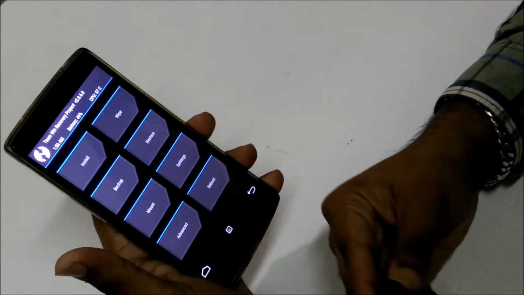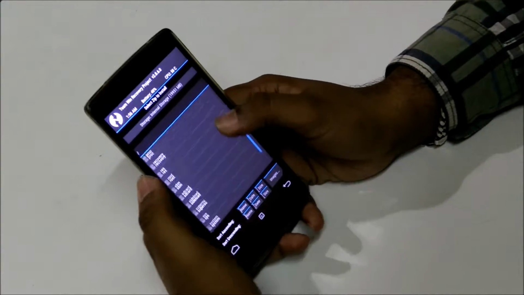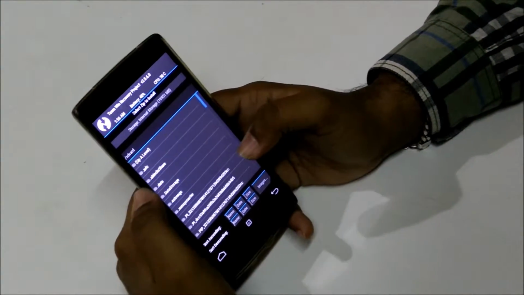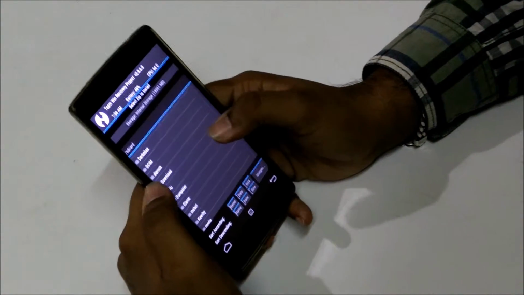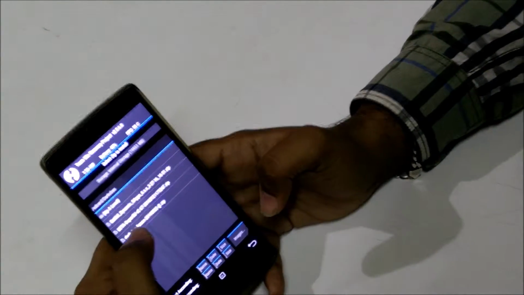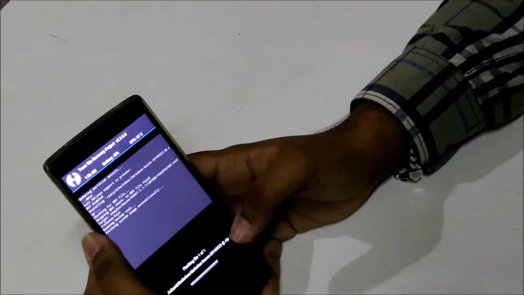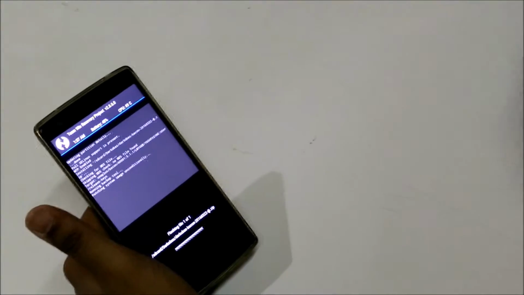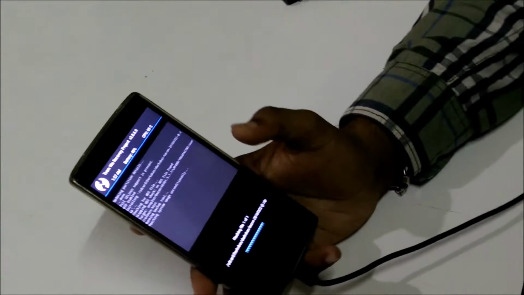Currently I don't need OTG because I have the files on my phone already. So I'll go to my phone, then I'll go to SD card, and I have created a folder named Dakubase, and here you can see I have all the files. So I'll simply select the Dakubase ROM and swipe right to confirm the flash, and it will flash my phone. And while on boot loop, you don't need to worry about clean flashing. Dirty flashing is okay. While this is getting flashed, I'll tell you what dirty flashing and clean flashing mean.